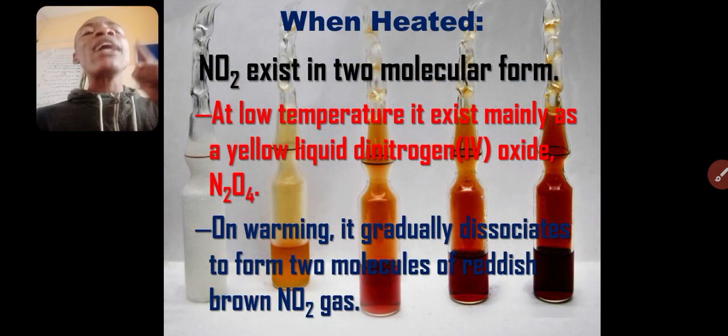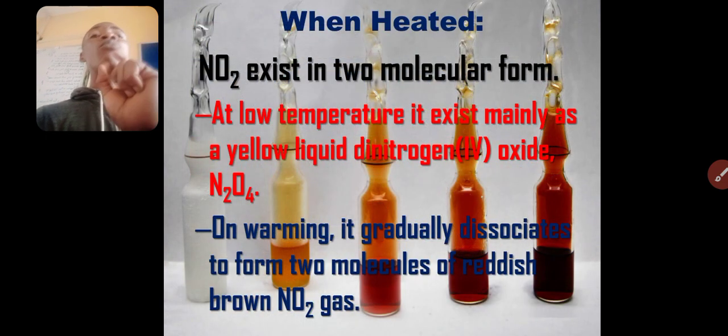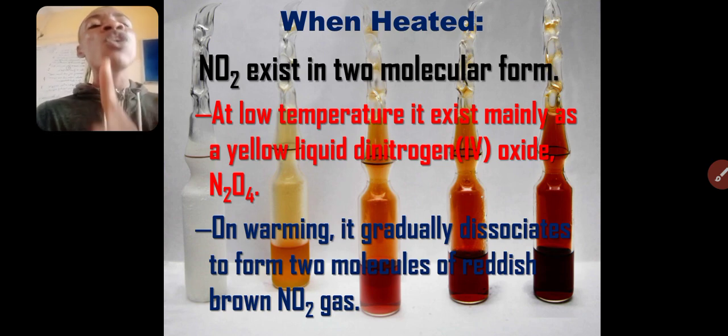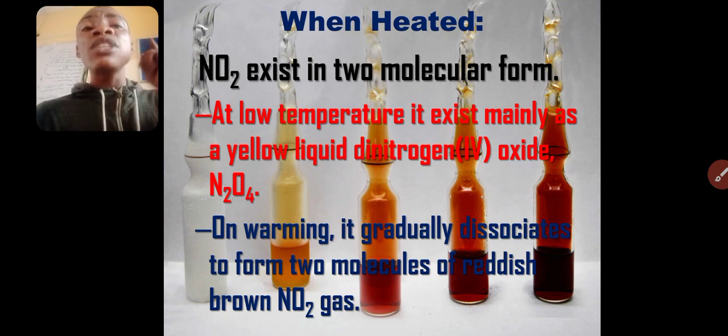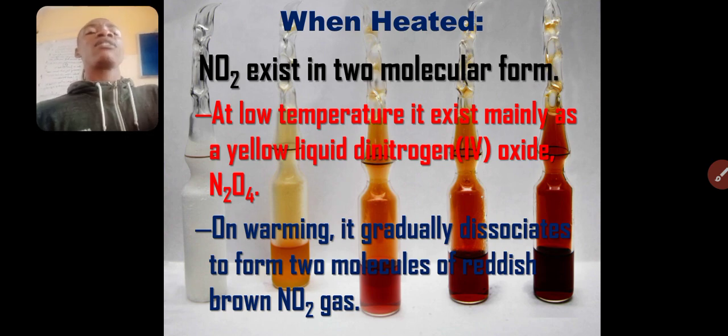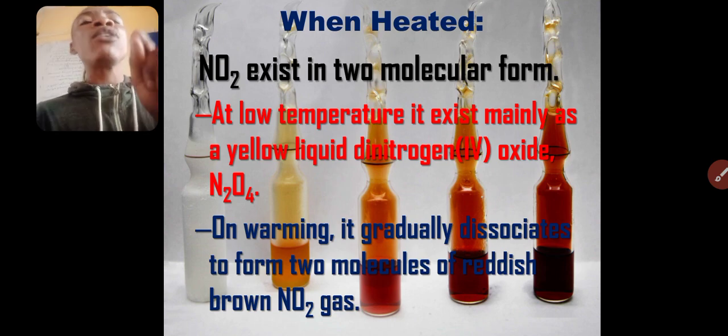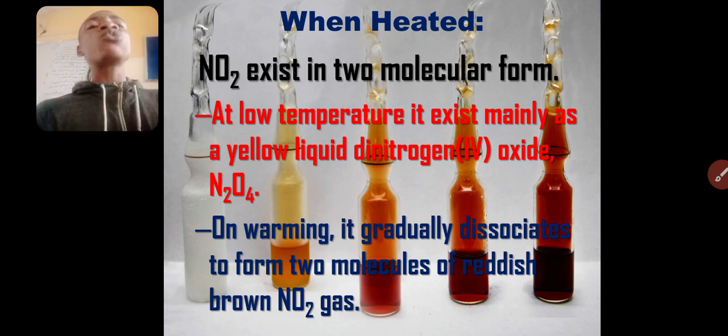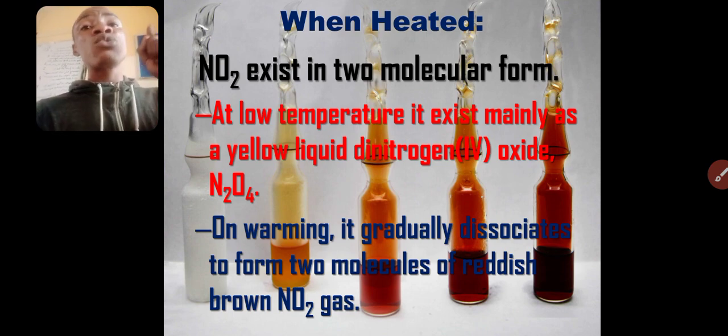Number one, when heated, it exists in two molecular forms. At low temperature, it exists mainly as a yellow liquid, the one that you saw inside the freezing mixture, as dinitrogen tetroxide, N2O4. That is the nature of NO2 gas at low temperature. But when you warm it, the N2O4 will dissociate into brown NO2 gas. So at high temperature, it's a gas, NO2 gas. At low temperature, it is a yellow liquid,